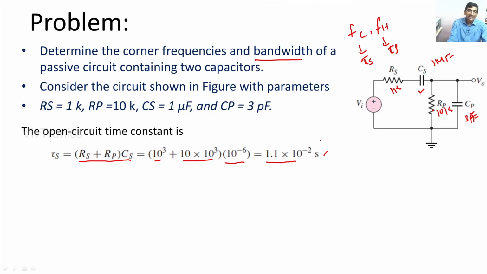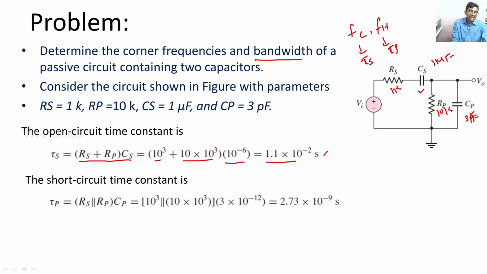That is the open circuit time constant. The short circuit time constant tau p is equal to (Rs parallel Rp) times Cp, which is 1 kilo ohm in parallel with 10 kilo ohms, times Cp, which is 3 picofarads. Therefore, 3 into 10 power minus 3 gives you 2.73 into 10 power minus 9 seconds,